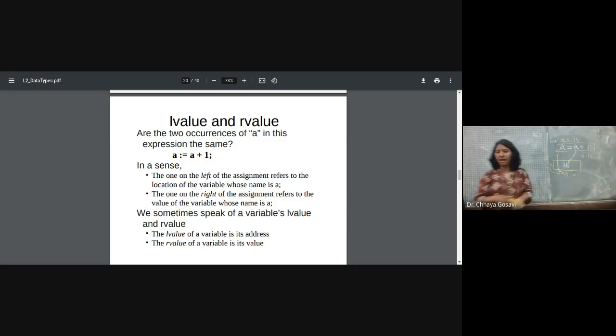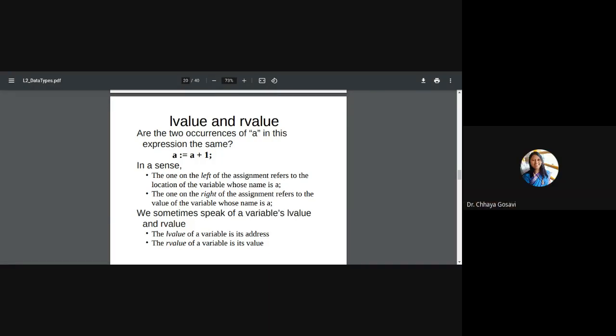So it is called R value and L value. R is right hand side and L is left hand side value. Right hand side value represents the value and left hand side value represents the location of the variable. So the one on the left of the assignment refers to the location of a variable whose name is a. This one.